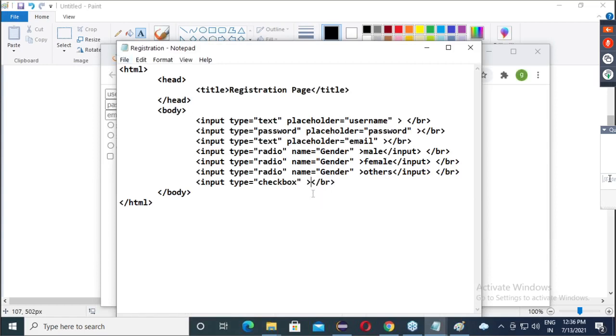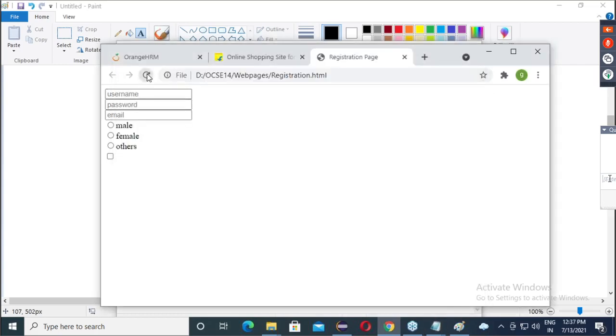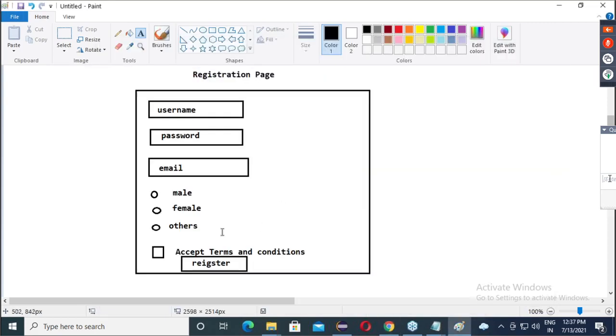So what kind of text? Accept terms and conditions. Okay. So here I will give one space. So run. Is it working? Automatically you will get. Now what is the last element?